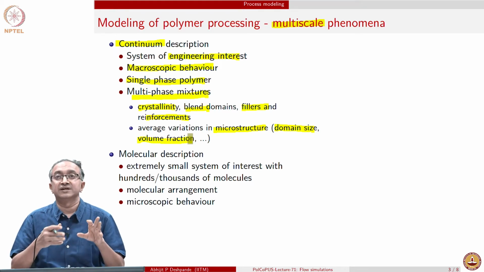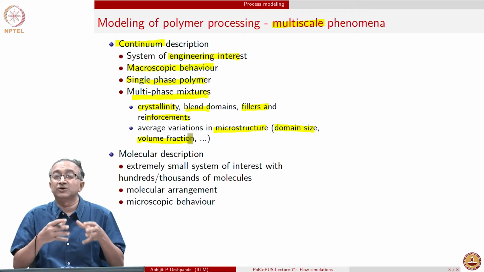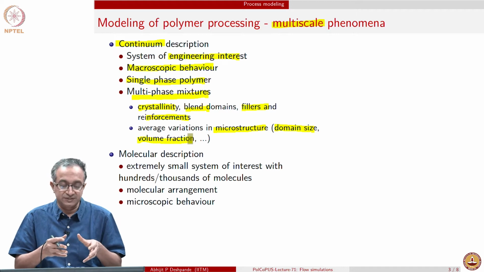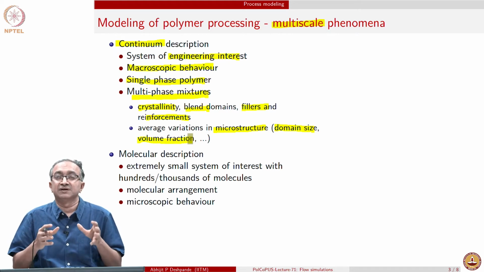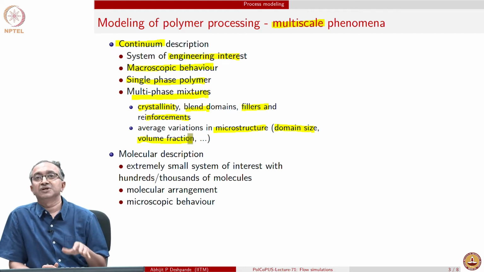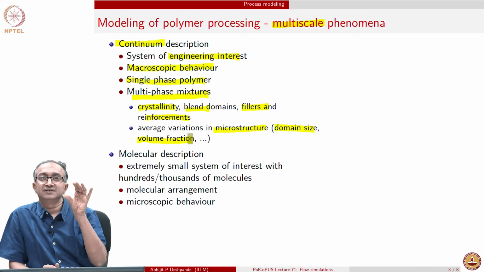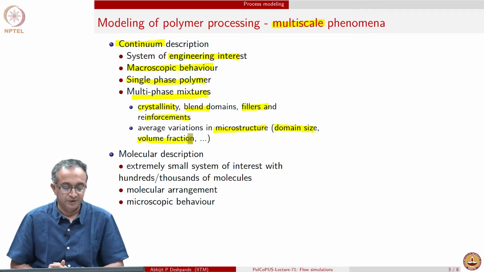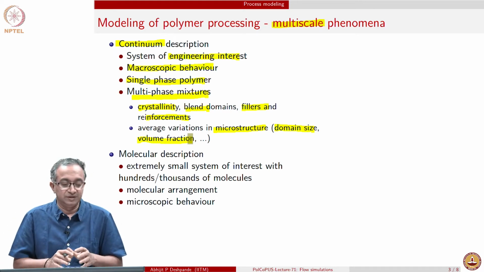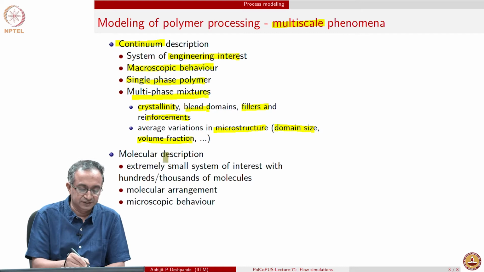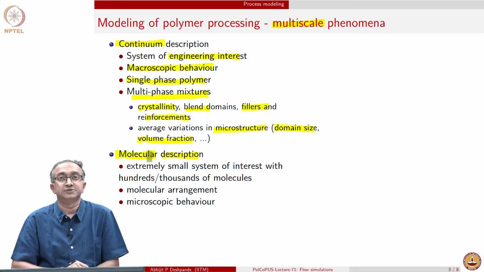Or the reverse is also there, that if, let us say, plasticizer is absent or at very low concentration, then that part becomes very rigid. So, generally it is of interest to us to make sure that the distribution is good. Sometimes we can also exploit this distribution to enhance properties in a certain range of the material, a certain space of the material. But in any case, we need to know the description of a multi-phase mixture as a function of time and space. The other side of description is based on molecular description.